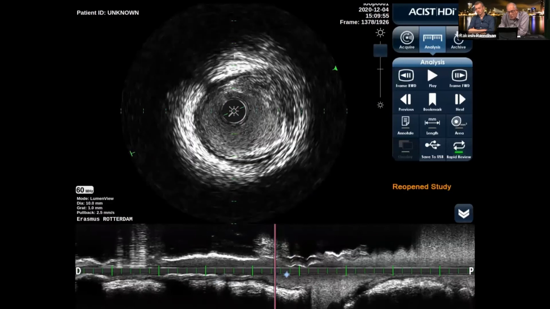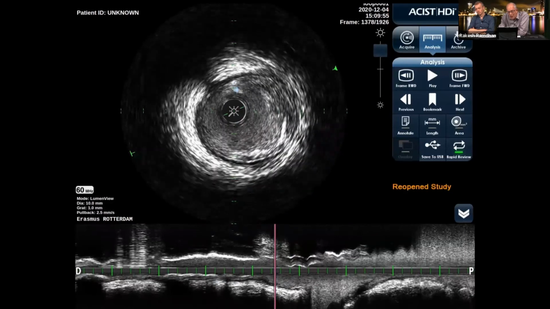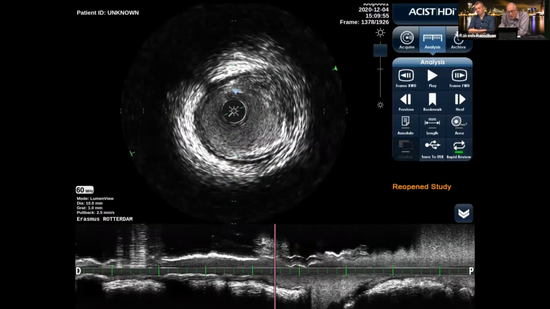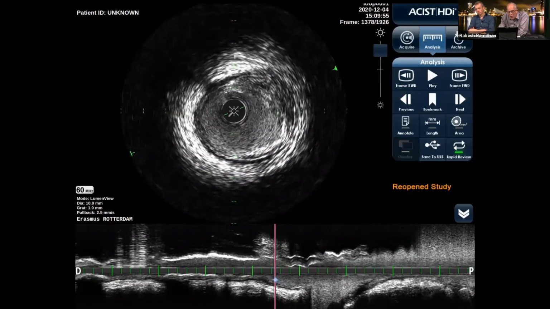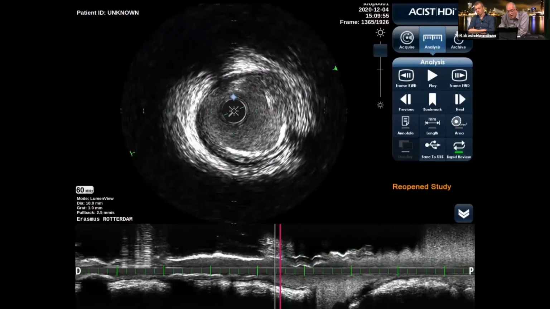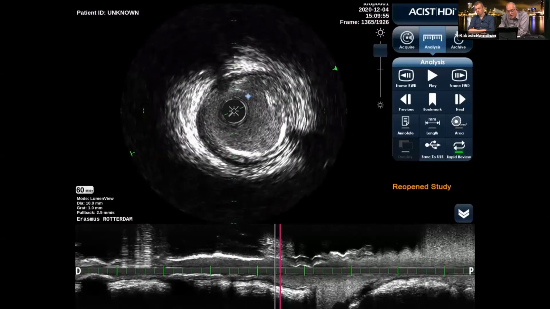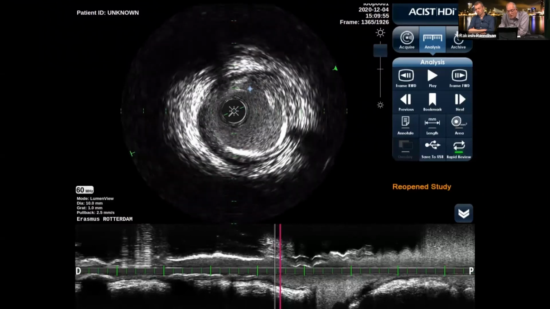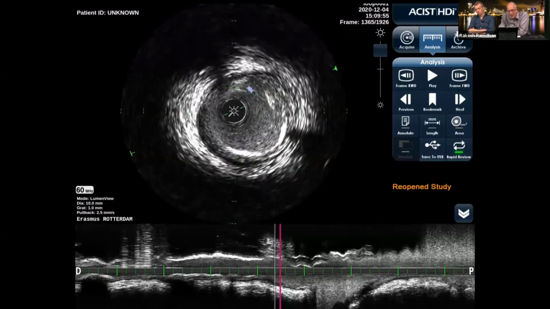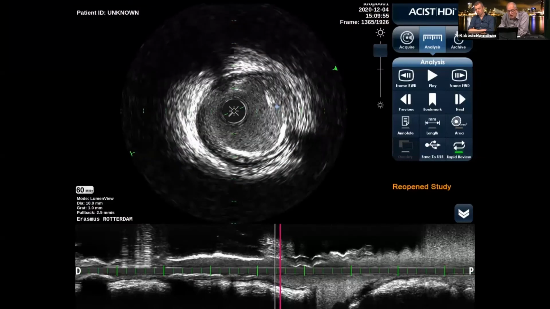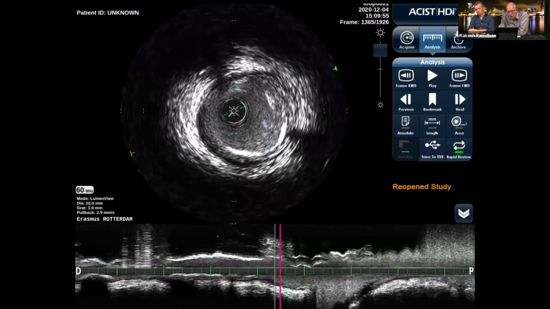And you see the plaque rupture, you see the fibrous cap in there, it's broken, and there is some cavity in there. I'm going to see if I can make it a little bit more clear for you. Yeah, here it's even more clear. You see the broken fibrous cap, and the empty cavity, where there is free blood. So we have here a plaque rupture at the ostium of the LAD,